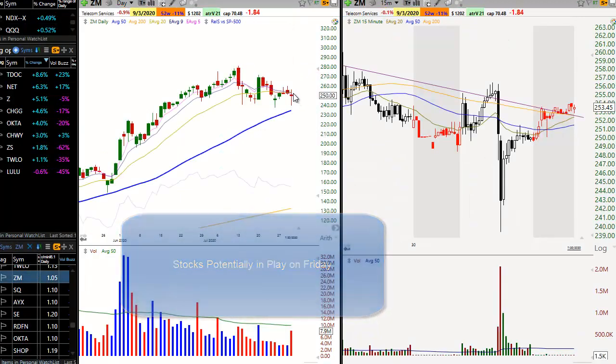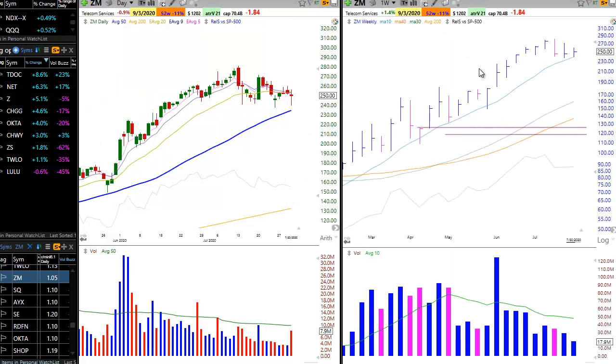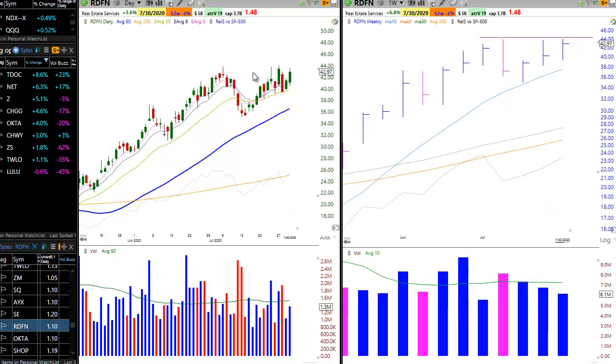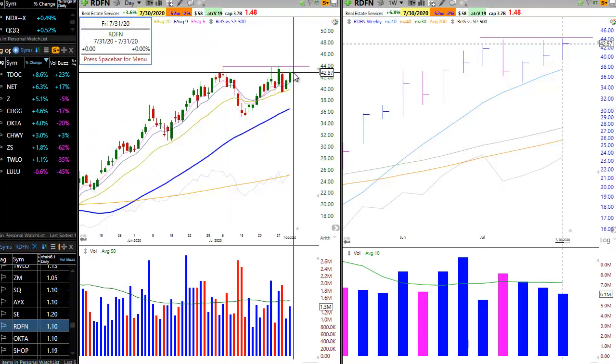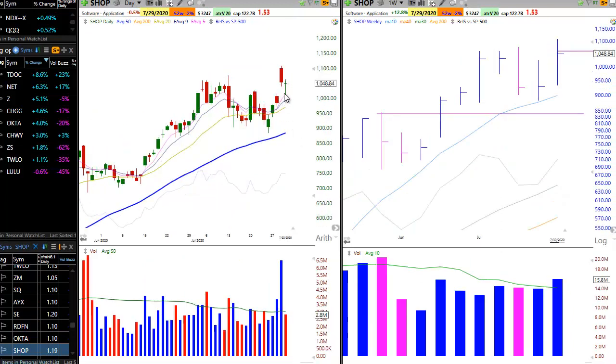ZM, nice reversal just above the 50 MA. Actually touched the 10-week MA, I believe. If it can break this downtrend line, that could be in play. Earnings are 9/3. RDFN, if it can clear 44 on volume, could be in play. Nice reversal in Shop that filled the gap. If it can hold for a day or two around this 1048 area,